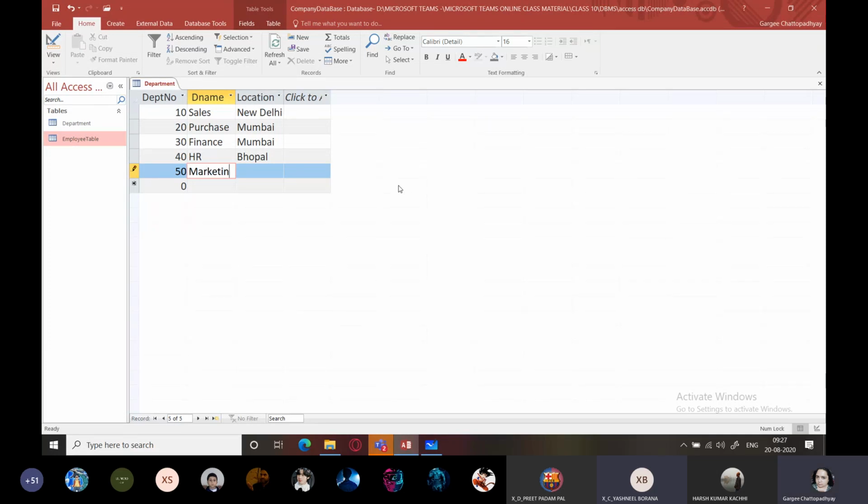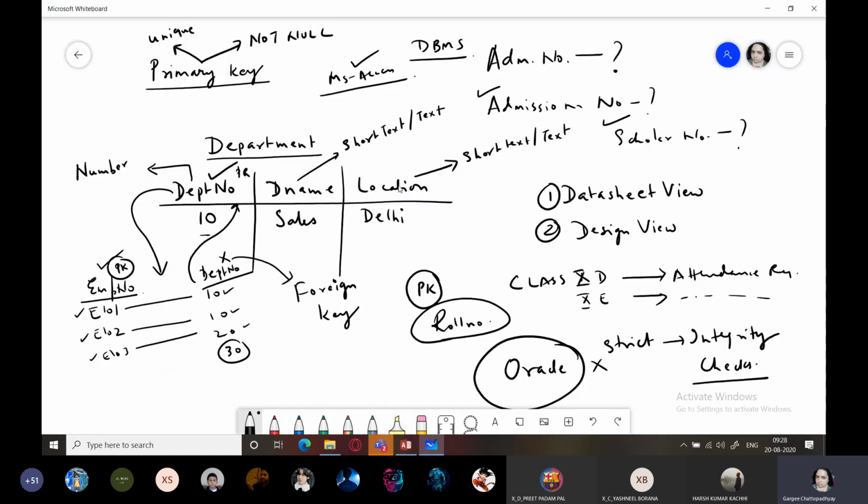Ma'am, is there any substitute for MS Access? Apart from MS Access, you have software like FoxPro, which is hardly used. You have Microsoft SQL Server. You have PostgreSQL, SQL, MySQL. There are many database DBMS software available in the market. And also you have the open source counterparts, like LibreOffice Base or OpenOffice Base.